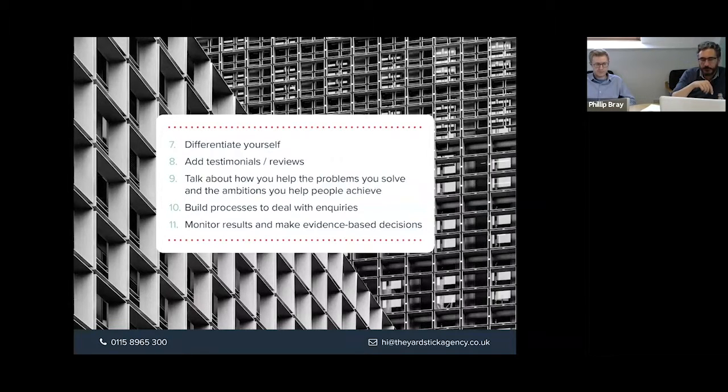And then monitor results and take evidence-based decisions. So important. We rely so much on gut feel sometimes, or gut feel takes over. Poor inquiry comes in, directories are rubbish. Cracking inquiry comes in, directories are great. The reality is always somewhere in the middle. So monitor the results. If you're not on our CRM webinar next week, let me know and we'll book you on. That helps in terms of monitoring results as well, using a proper CRM. And then take evidence-based decisions.